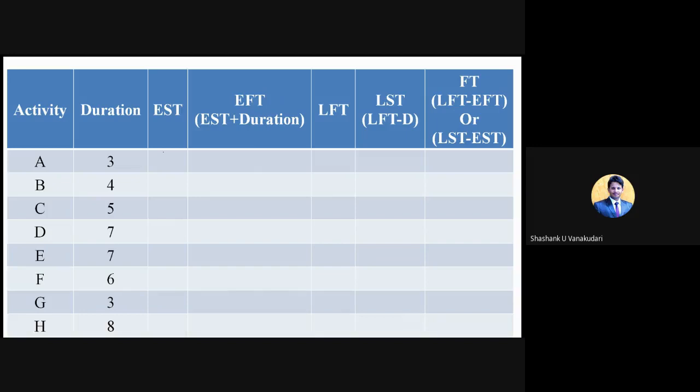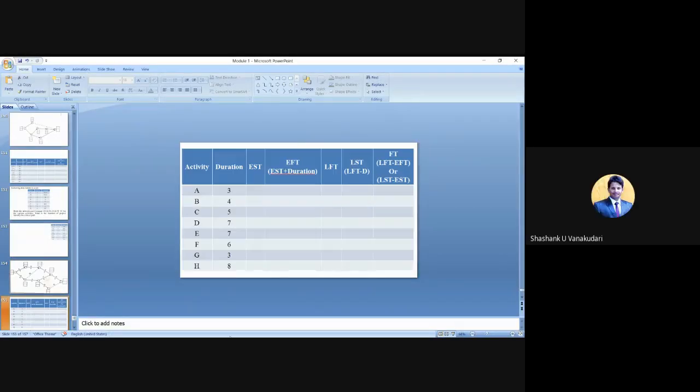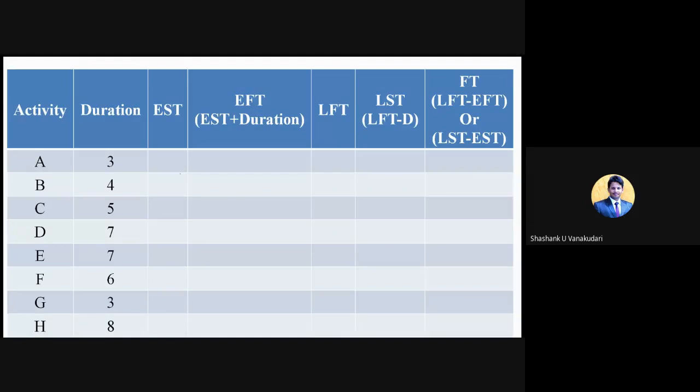So no one draw the network diagram now until and unless I show the previous slide. Then only you will understand what the EST values are. Zero, sir. So we'll see here. For this A activity, we need to consider this value as the EST, that is 0.